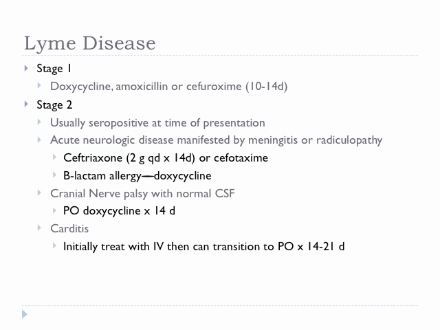So the treatment courses, I think the important things to remember are stage 1. Use doxycycline. You could use amoxicillin or cefuroxime for 10 to 14 days. It's recommended that you don't use first-generation cephalosporins or macrolides. The important thing to remember from stage 2 that I saw emphasized a lot is if you have cranial nerve